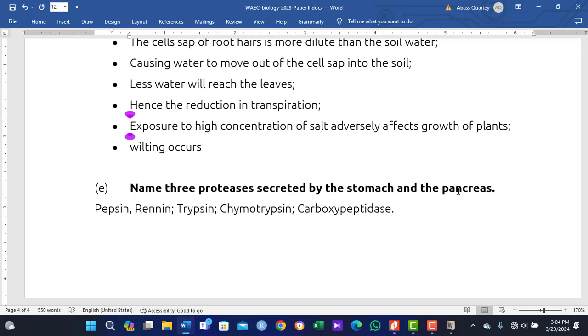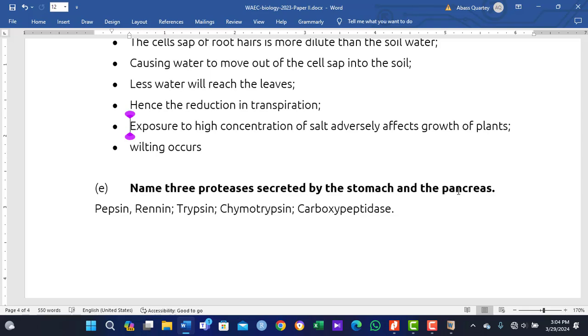So all these are inactive forms and they are all activated. Trypsinogen is activated by enterokinase, right? An enzyme in the small intestine, usually around the duodenal areas of the small intestine. Then once the trypsinogen has been activated into trypsin, it goes to now activate